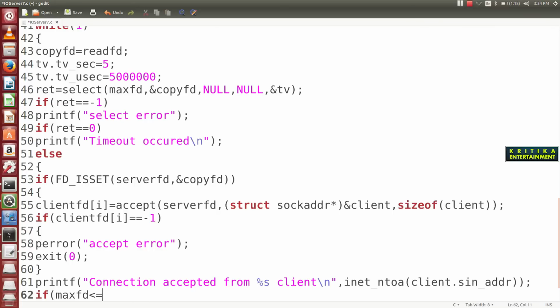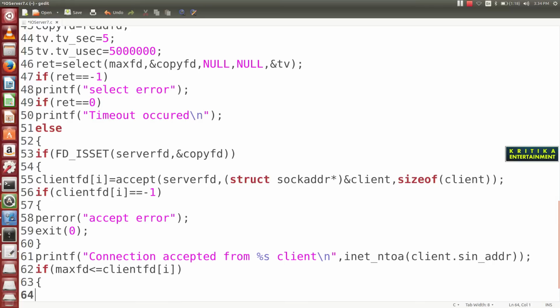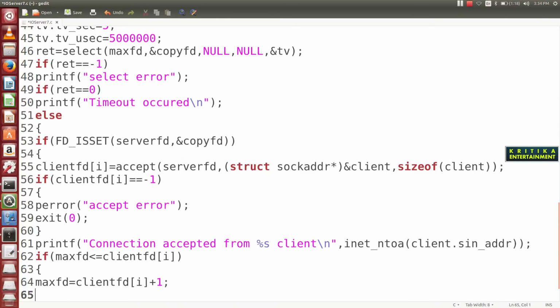So if max fd is less than or equal to client_fd[i], then max fd is equal to client_fd[i] plus 1.